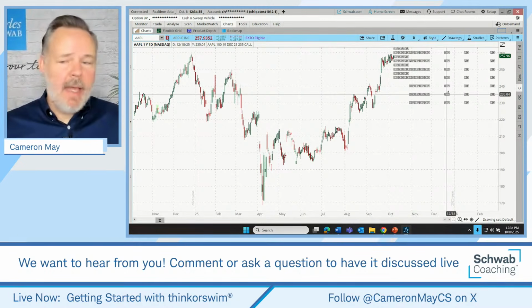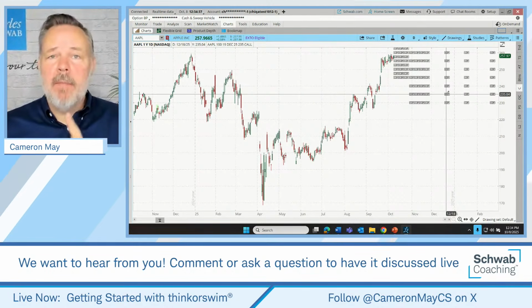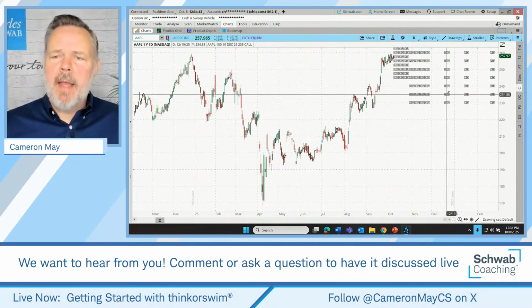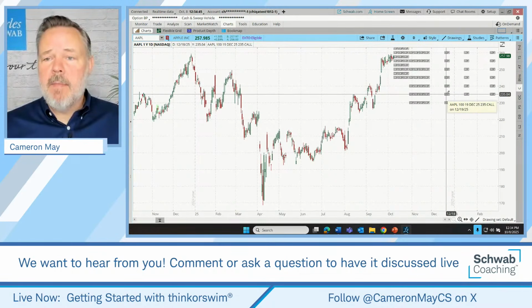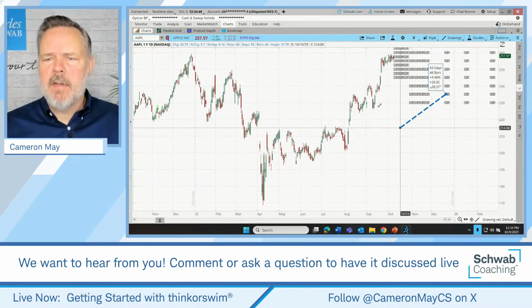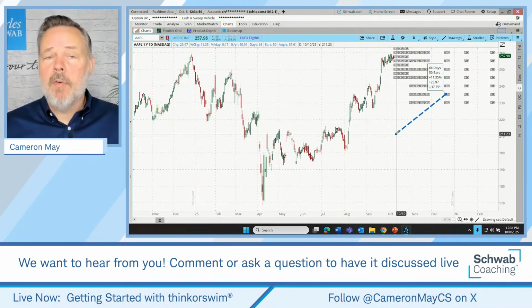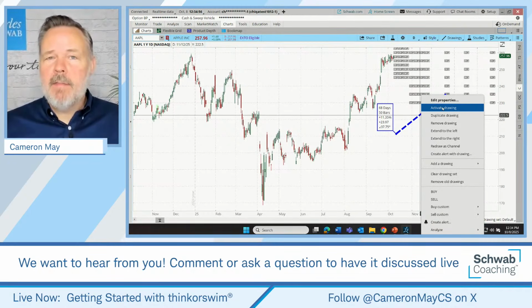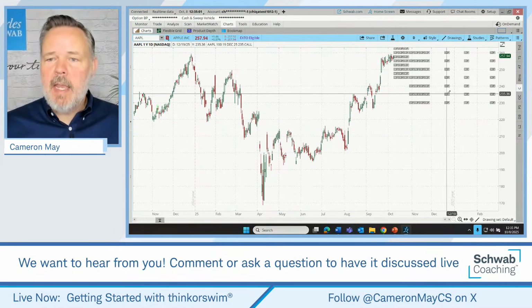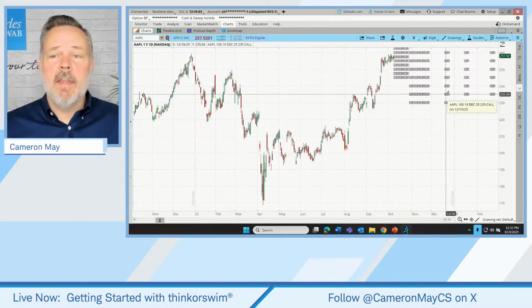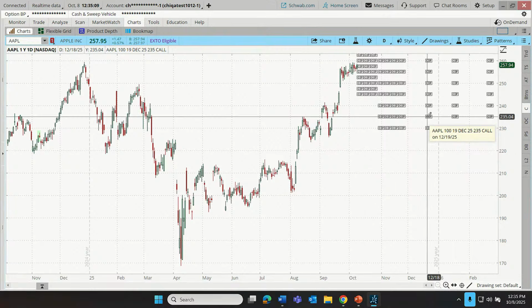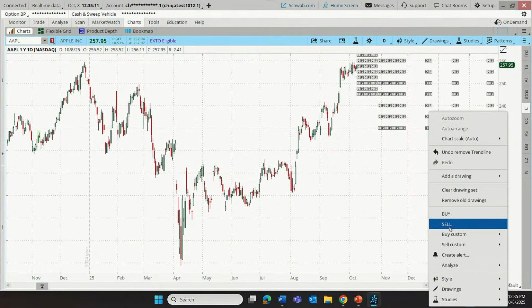Now, if we wanted to trade that, it's actually tradable right from the chart when we have those options displayed. However, it might be our instinct to just click on it and think that we can trade it by clicking on it. Well, if I click on this, it's actually just going to start accessing whatever my current drawing tool is. I didn't want to make a drawing, but I also don't want to necessarily disable that drawing capability. So instead, to trade using these little icons, we would right click on the icon. So let's say that I wanted to buy that 235 call for the 19th of December. I can right click on that and go to buy.